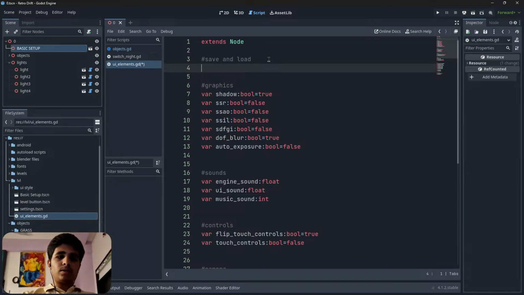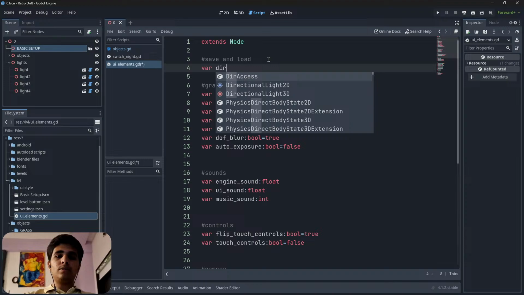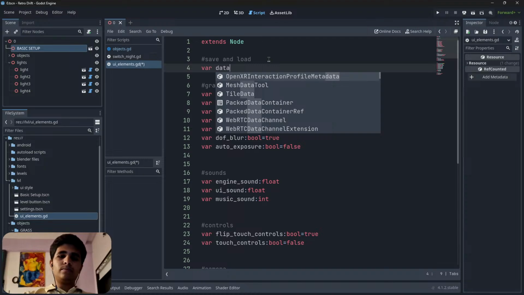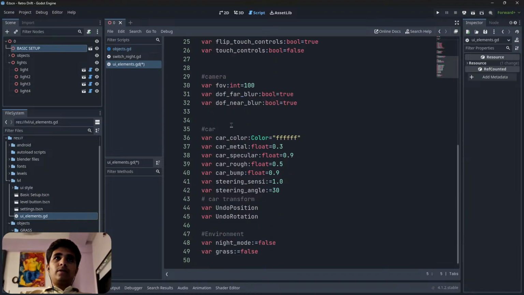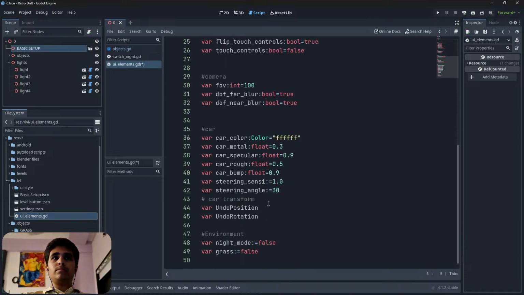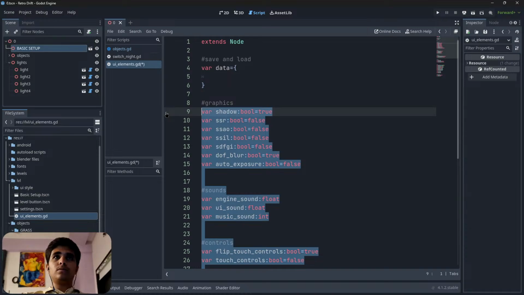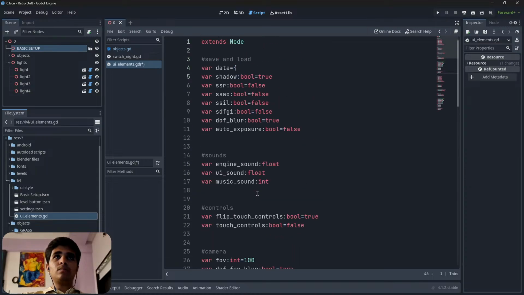And data is, so let's put all of these values inside the data. I'm just going to do this. Okay, and